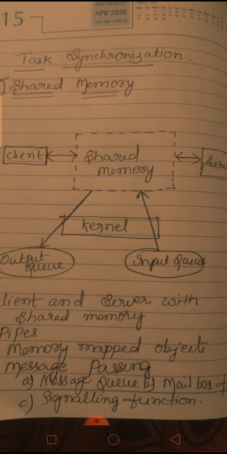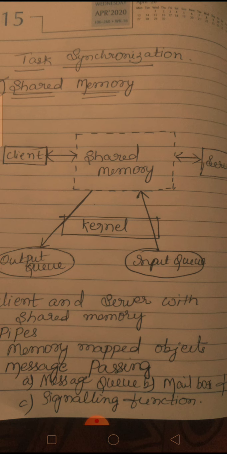The second one is pipe. Pipes are used for reading and writing data as a communication channel. The third one is memory mapped objects, mapping the memory with respect to objects and sharing the same address space to address both memory function and I/O devices. This is one of the methods called memory mapped objects. So the first type is shared memory; under that, pipe is one method and memory mapped objects is the second method.